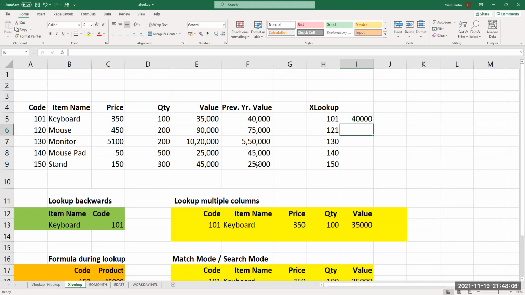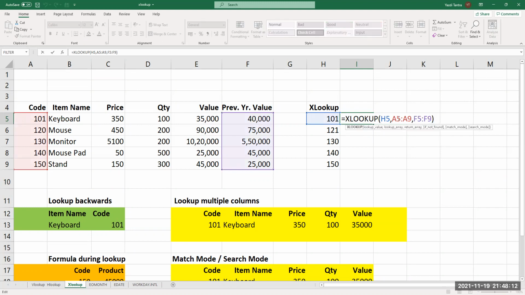So this makes it very powerful, because even if I delete any of these columns in between, as long as the lookup value, the lookup array and the return array, if I am keeping them, I can delete any of these and still it will not affect this, because it is fixed as far as XLOOKUP is concerned. So this is very, very interesting. We'll see how further it improves upon VLOOKUP. Are we clear on this?